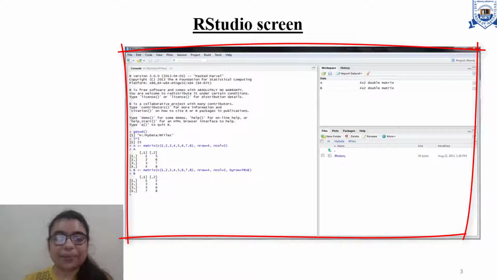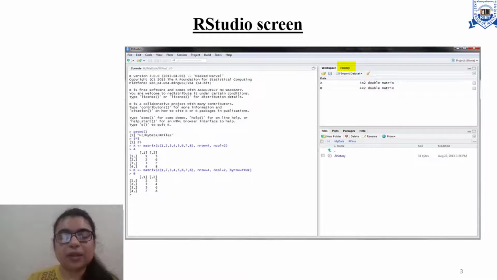The first time you open RStudio, you will see these three windows. Here you can see the console. The console is where you can type commands and see output. The workspace tab shows all the active objects. The history tab shows a list of commands used so far. Then here you can see files.